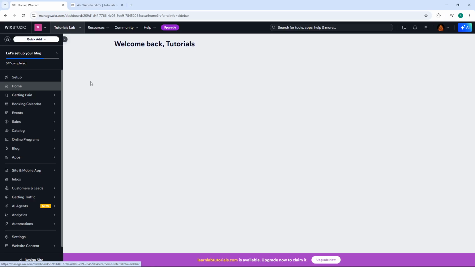Welcome back, everybody. Today I'm going to teach you how to hide a strip in Wix. This is particularly useful when you want to streamline your mobile site design or remove elements that don't quite fit